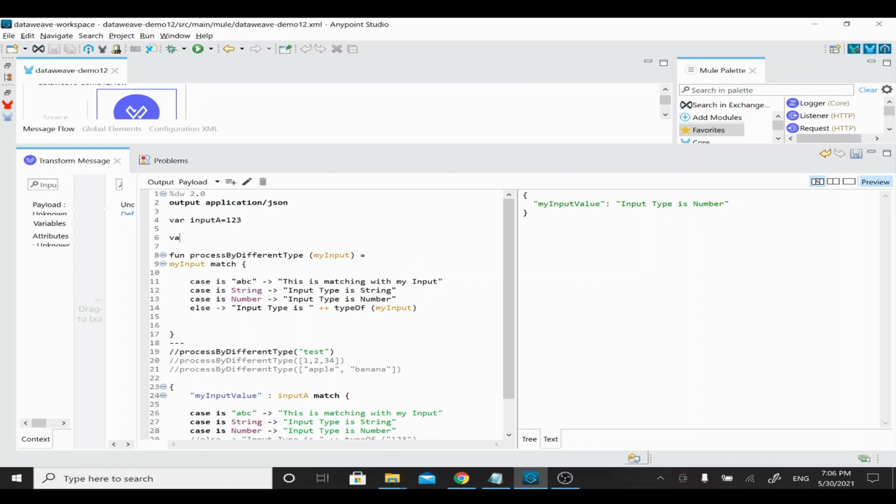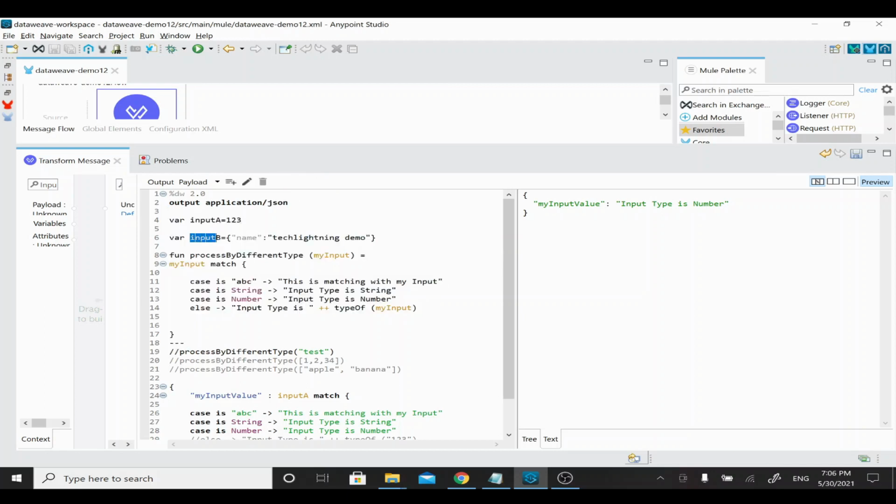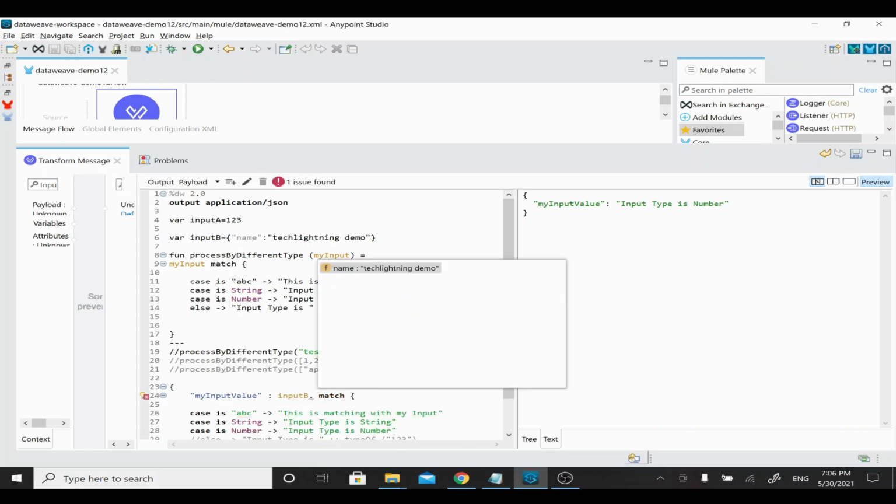For example, I'll type one more, input b, and create one object. I'll say name, and my name is tech lightning demo. So this is my string, a key value pair. If you wanted to access the object, what you'll do is, I'll say input b dot name.